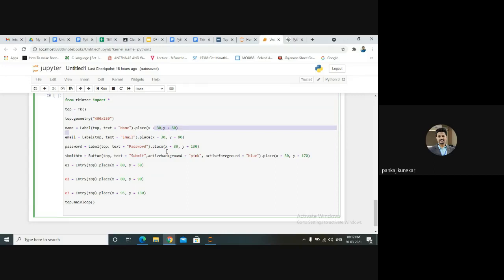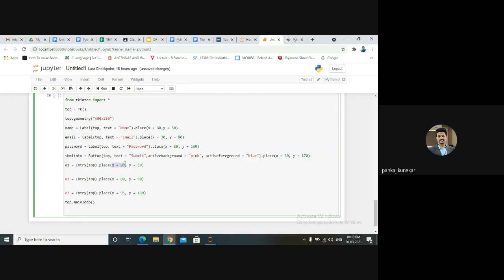Along the y-axis, both the label and the entry will be the same. For the name label y equals 50, for this entry y equals 50, because this entry belongs to this label, this entry belongs to this label, and this entry belongs to this label. So all the y values of the respective labels will be the same.